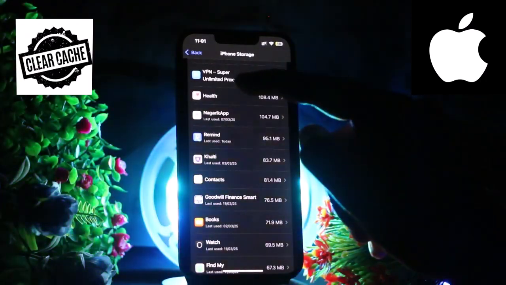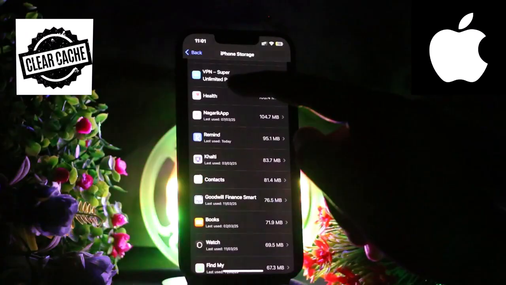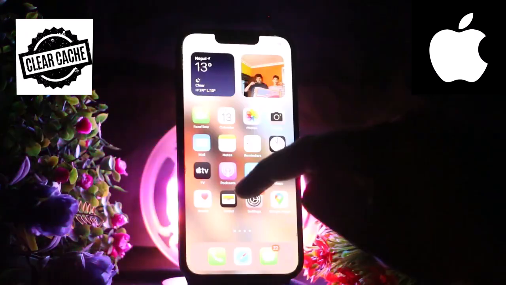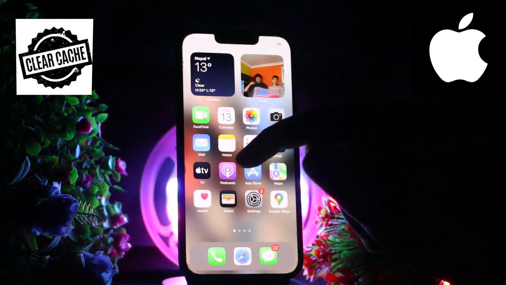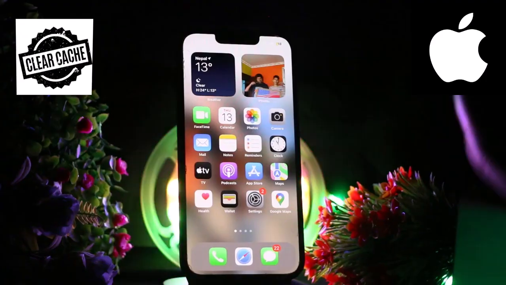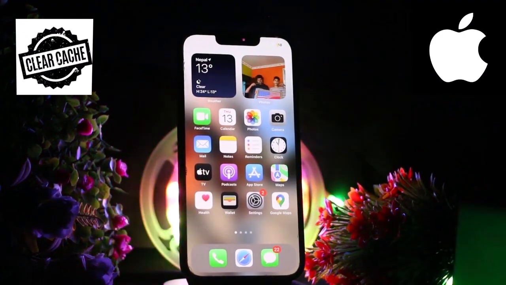Now you may also clear the cache of the iPhone storage system, but there is no direct way to clear the system cache, but by restarting your device it can help to clear the temporary files and also help to free up some storage. So by doing all of it, you'll be able to clear the cache on